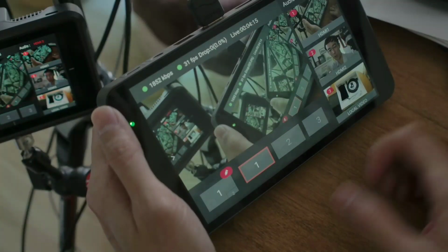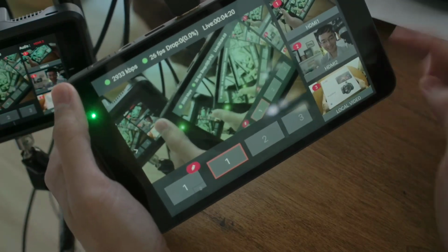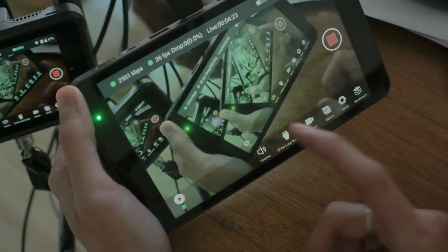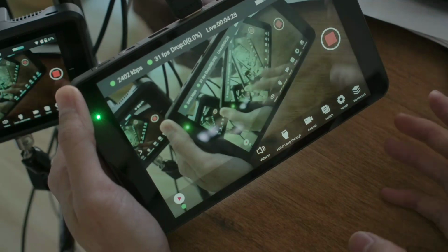So you're watching a live review of this YoloBox, which is this one. Whoa, look at that. This live is going through this box right now, live in real time. And as you can see, it can take two HDMI input. So this is a box that you can do live stream anywhere outdoor. If you have a reliable 4G network, you should be